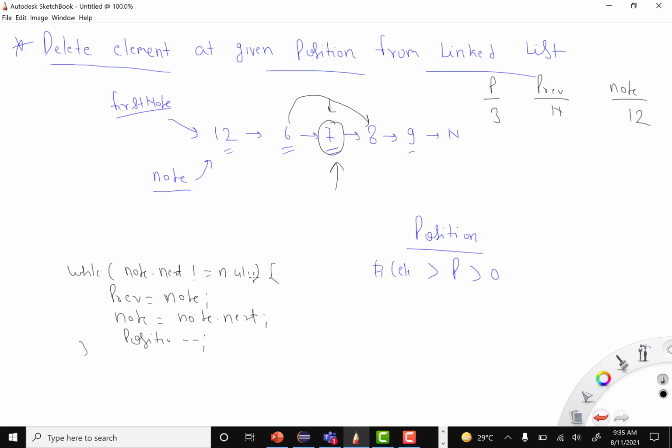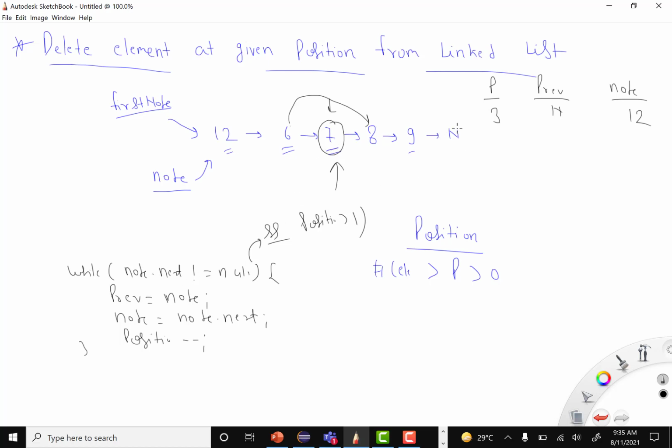With this condition, while node's next is not null, I'll also add a condition that position should be greater than 1. So we operate the loop while node's next is not null and position is greater than 1. As soon as the position becomes 1, we have reached that position.